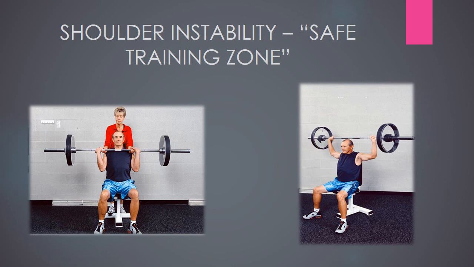So here's an example. Instead of the patient performing stressful behind the neck presses, which reproduce the apprehension position, he can simply position that in front of his neck. He can position his elbows closer to the side of his body, thereby minimizing the shoulder abduction and the shoulder external rotation, and can more comfortably perform shoulder exercise.